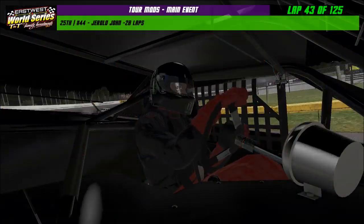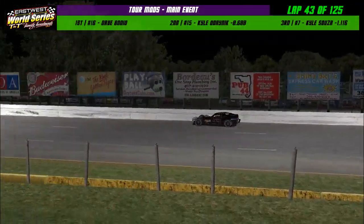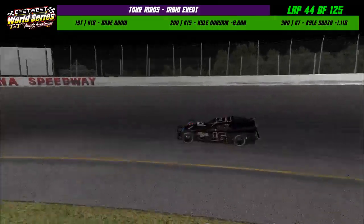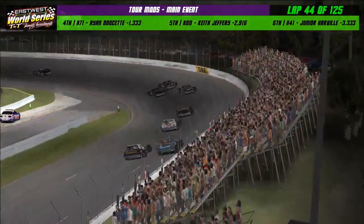And there he is now, just casually wheeling that like nobody's business. Back to the Tour Modified race, or the Super Late Model race. Apologies for that slight mix-up and confusion it may have caused, as we are currently looking at a battle for